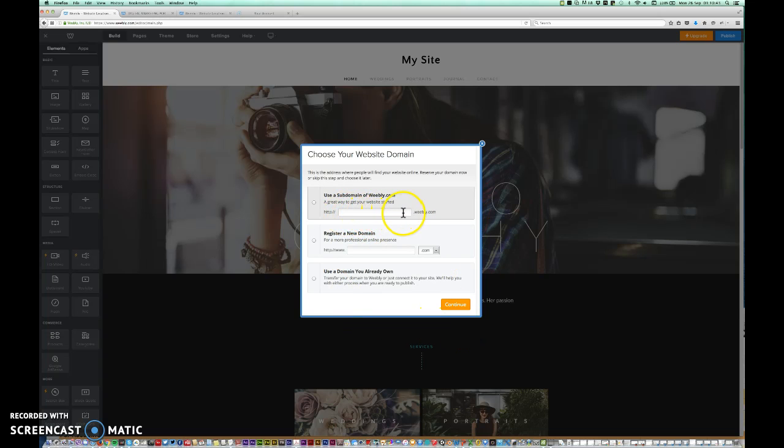What you want to call your website. Okay? And you can buy it, or if you already own a domain, have that in there. Or you can register it. But you can do it here before you put in whatever you want. So for the example, I'm just going to put in my name. Now it will say it's already taken because I've already got it. So I'm just going to put in a new name, and it will check and say it's available. Okay? So I'm just going to put in 00 so that I can distinguish between my name and this one. I'm going to click on continue,